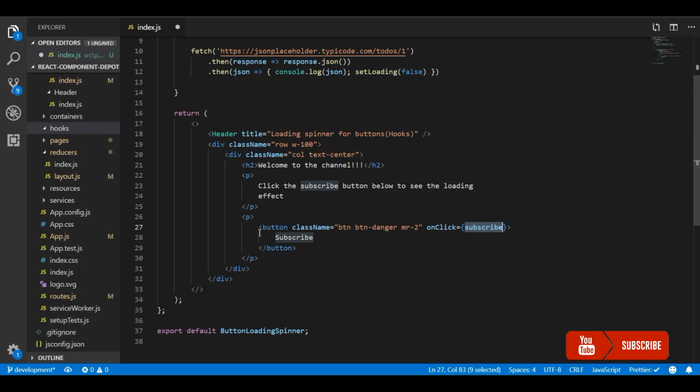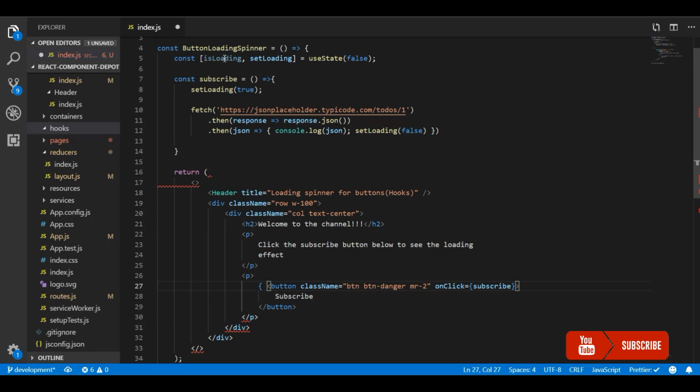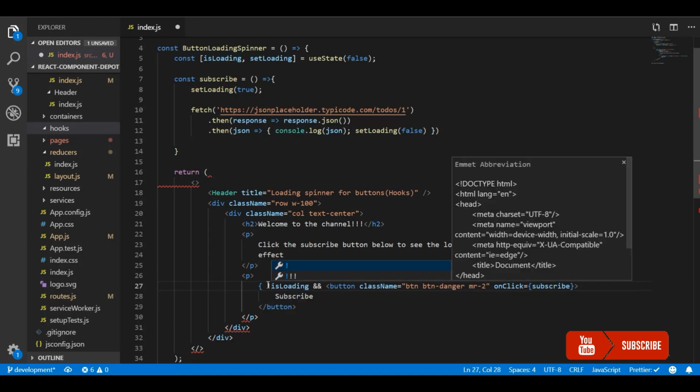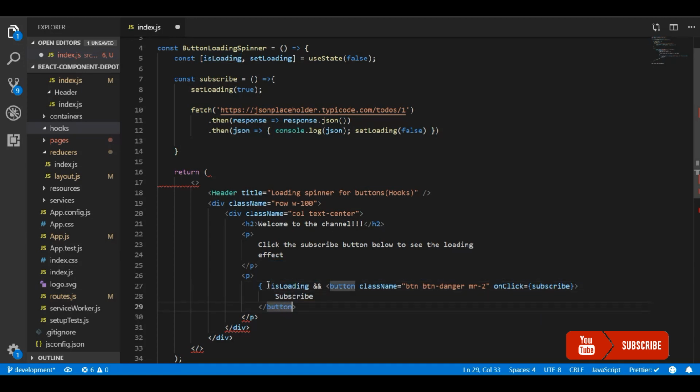This is the normal state when it's not in loading state. I am going to use the loading state here and render this with conditional rendering. If it is not loading, I'll render this button.